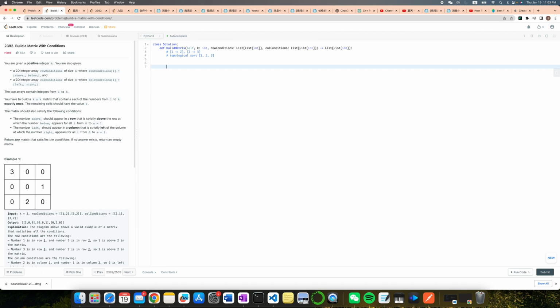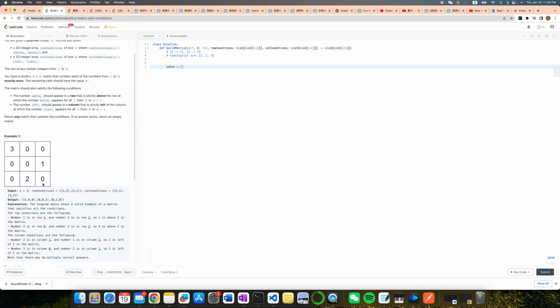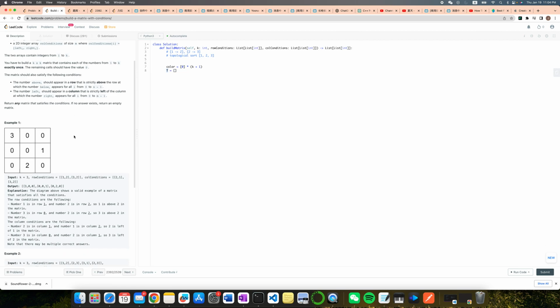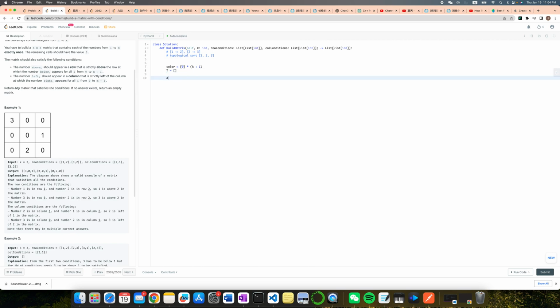Let's try the topological sort first. My habit is to use a color array, and the nodes here should go from 1 to k, so the overall size would be k plus 1. Initialize with this, and then this T array will store the correct topological sort. So for the DFS, the input would be a node,